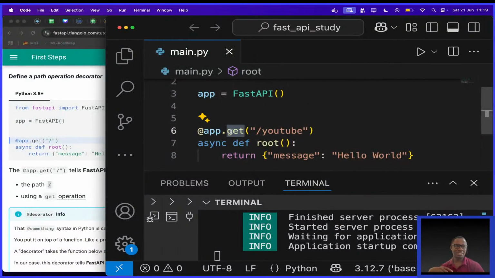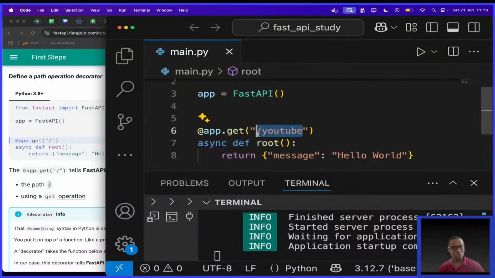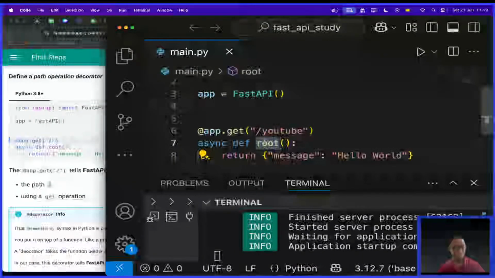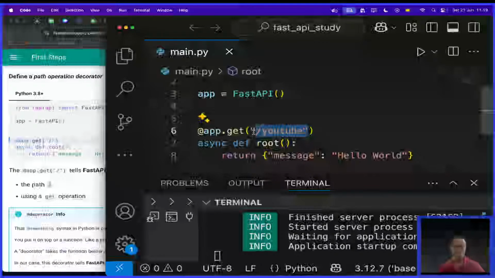See how simple it is. This path, or this endpoint, or this route.